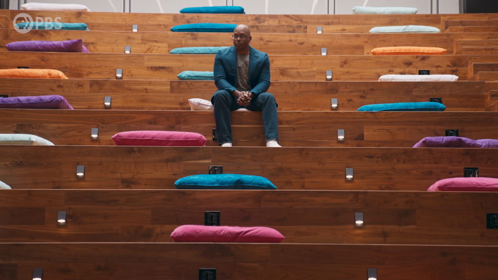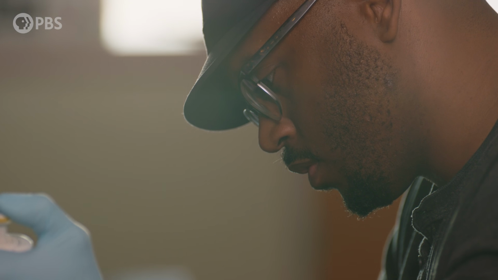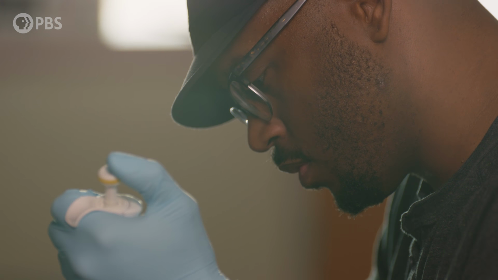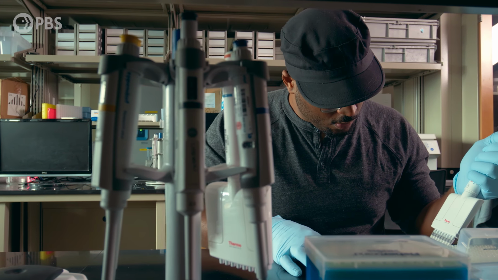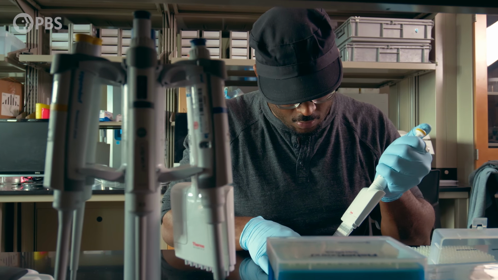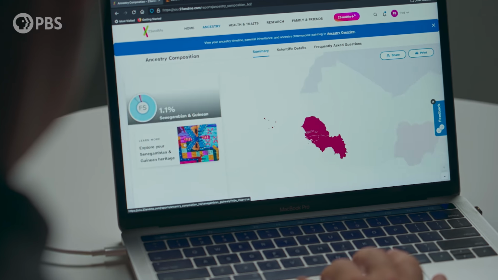Our identities certainly aren't determined by our genes alone, but they're not disconnected from our genes either. One of the things that drew me to science in the first place was this idea of reading the story of DNA. It's a very powerful idea to me, something that really captivated me and still captivates me today. But there's something a lot more intimate and personal about talking about the genetic and biological legacy of